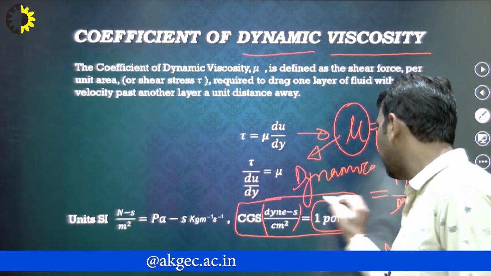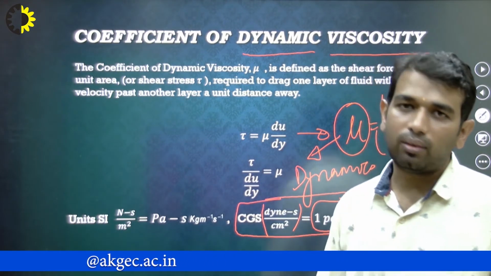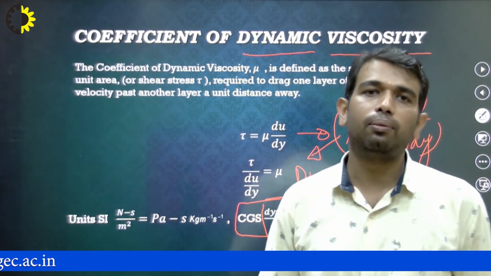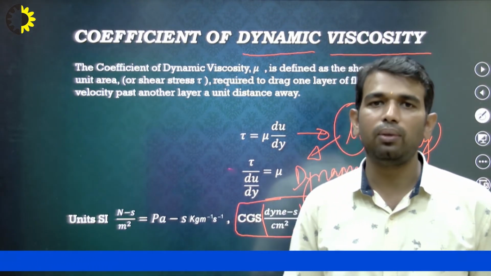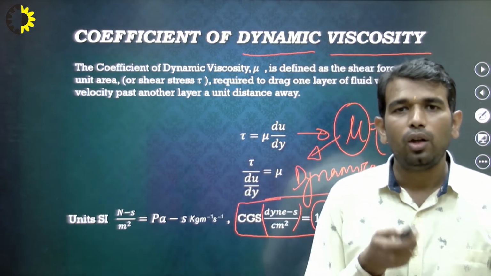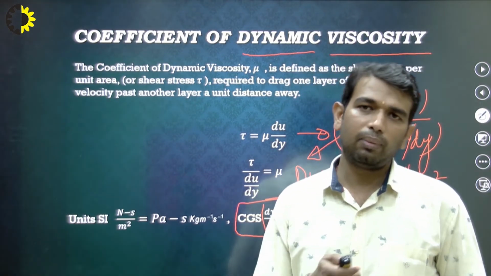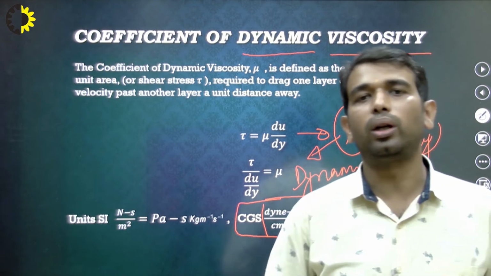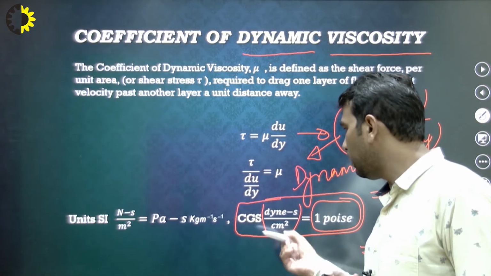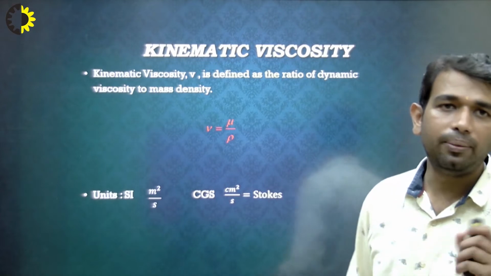It is named after the scientist who justified the concept of viscosity in fluids through several experiments. We will cover this topic when we get some time. So 1 poise is the CGS unit of